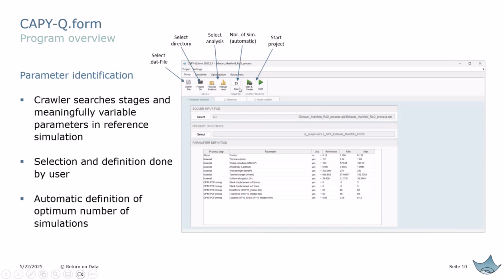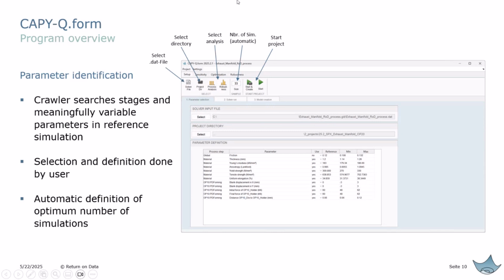Automatically, you get the number of simulations that are needed. As I said, you don't need to think about anything that is very important in here. You could manipulate everything, but if you don't know what to do, just leave it and you will always get a good result. Next you start, you're generating a project directory, you're generating everything, and we can start with